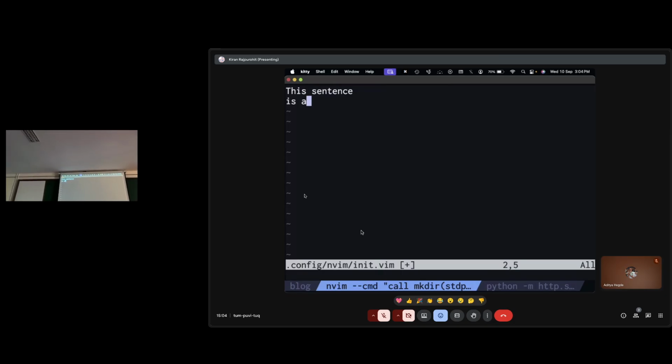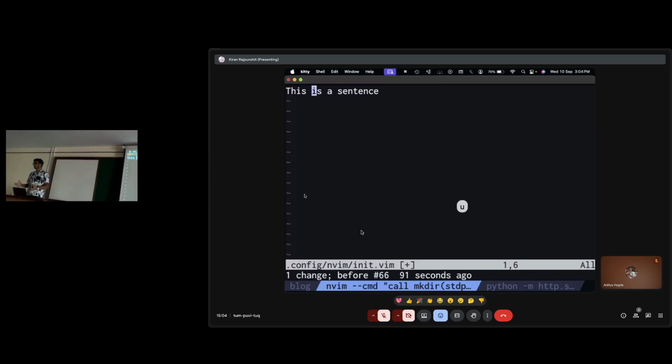So let's do it again. Once you finish writing a sentence, I will press dollar sign to go to the end of the line. So this is where I'm at. This is a sentence. Now what I'd like to do is just copy, you don't want to delete, right? Just want to copy "is a". What you can do is press B, B, B. What B, B, B does is you move backwards by entire words. Make sense? And if you do W, you move forward.